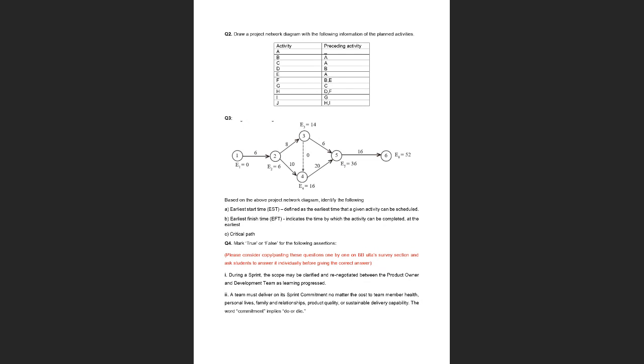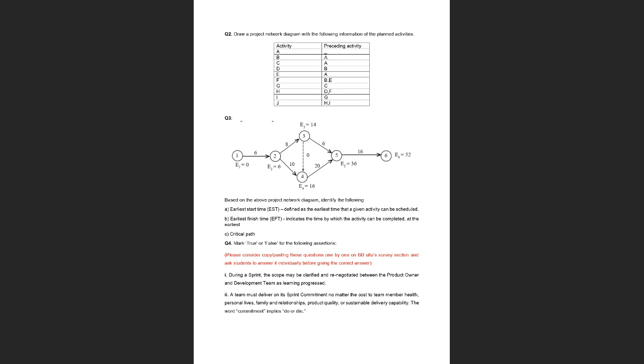Okay, now we know the duration for each of these activities. So first we are going to calculate the early start time. So earliest start time is what the name suggests. What is the earliest time at which each of these activities can start, right? Okay, so let us have a look at the earliest start time for each of these activities. So for activity 1, 2, as you have identified, the earliest start time will be 0.